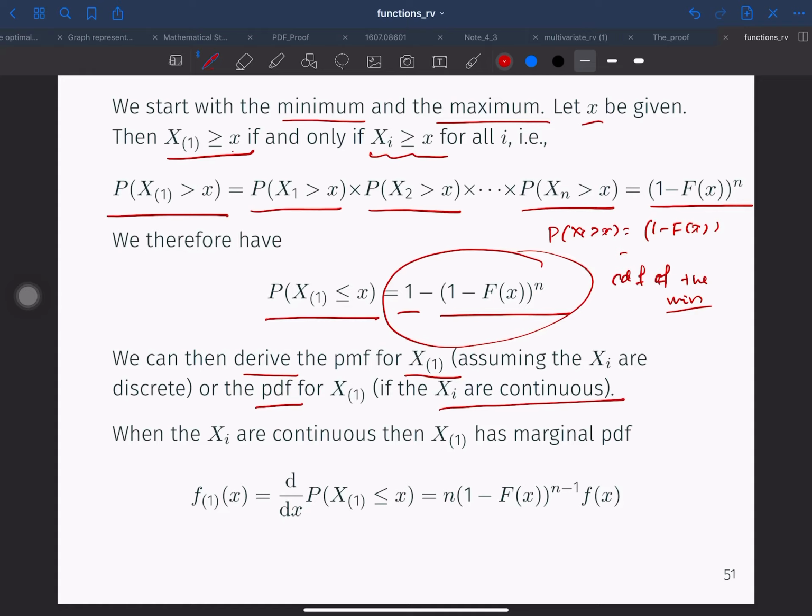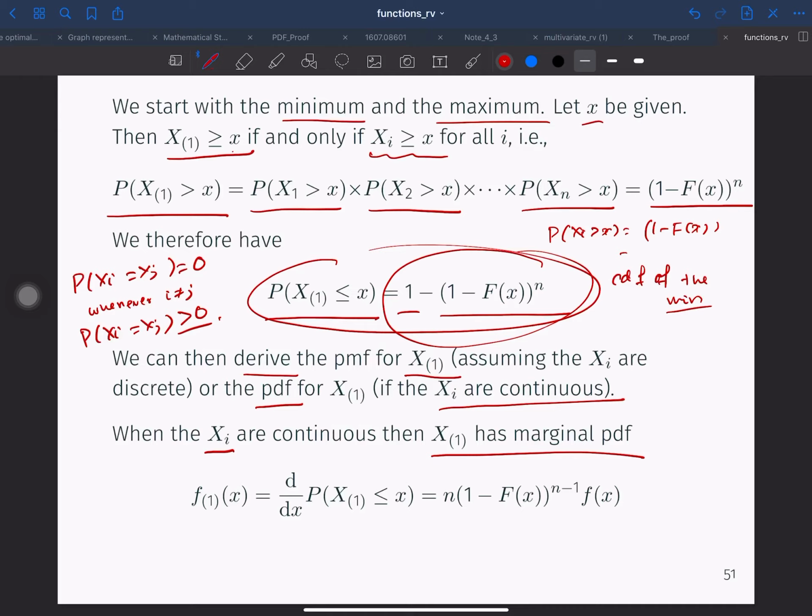the discrete case is quite a bit more messy, because in the continuous case, the probability that Xi equals Xj is always equal to 0 whenever i is not equal to j. But in the discrete case, the probability that Xi equals Xj is generally bigger than or equal to 0. So ties are harder to handle. So in any case, when the Xi are continuous, then you can take the derivative of this quantity